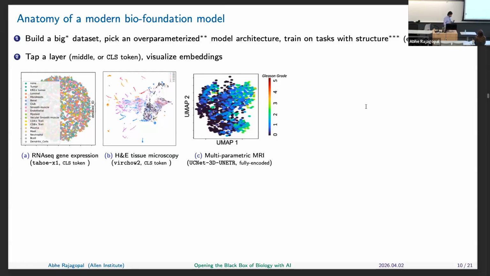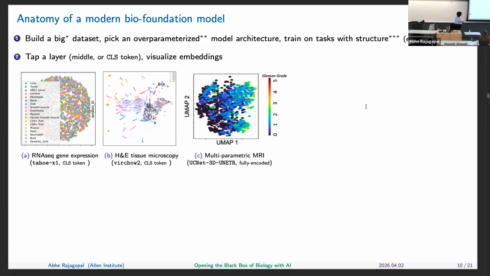The first one is looking at gene expression, RNA-seq, as I described in the beginning, using this Tahoe X1 model, which is not a model I made. It's a public model by this company, Tahoe. And what you see is that in the embedding space, each data point, which is an entire gene expression vector, tends to cluster by cell type. And there's very detailed cell types, and you can go multiple levels of the hierarchy to figure out how accurately it's representing cell type. Similarly, there's another model, Virchow2, which is made by Microsoft Research, and each dot here represents a patch of a histopathology image, a tissue microscopy image.